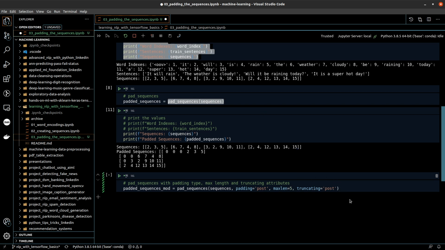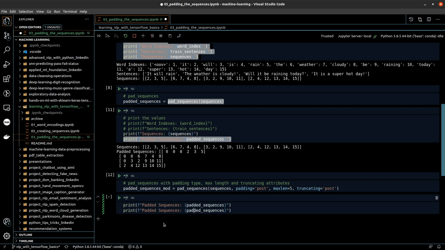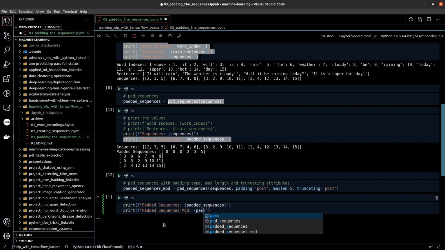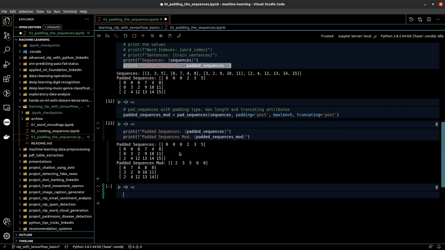So I think it is all set up. Let's execute this and let's see how our padded sequence looks now. I will compare it with the mod of the padded sequences. Padded sequence mod and padded sequence, let's try to print. Now if we see here, earlier it was performing the padding at the prefix or at the starting of the sequence.